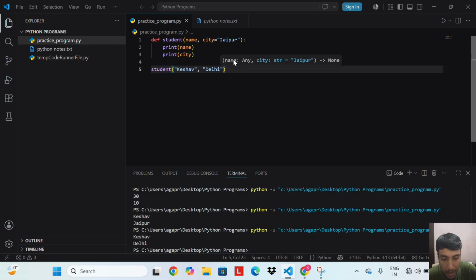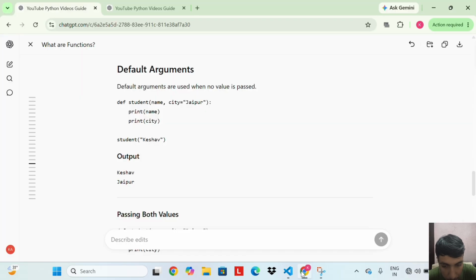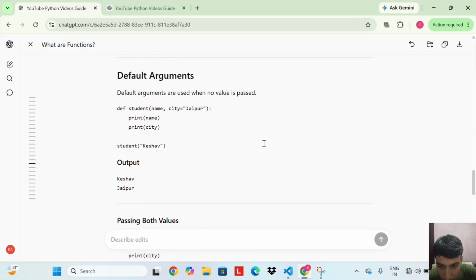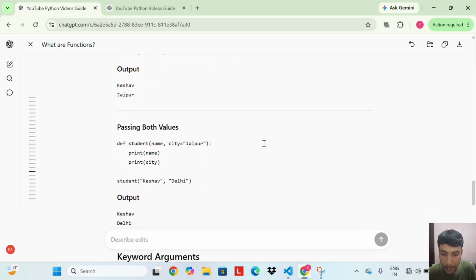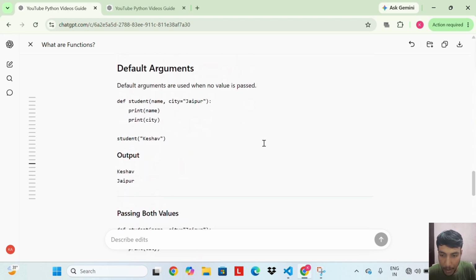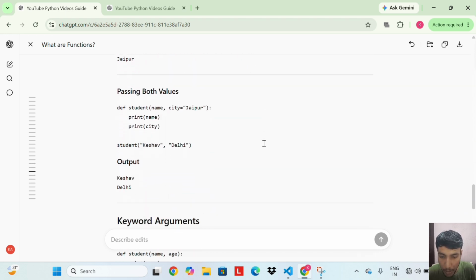They give the function a sensible fallback value while still allowing flexibility, for passing both values. This is done.